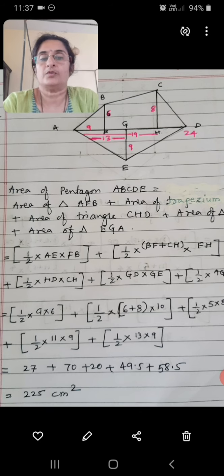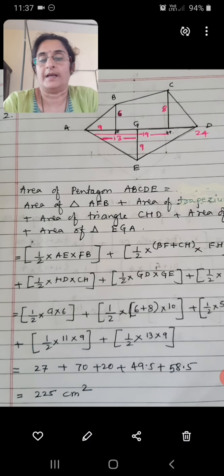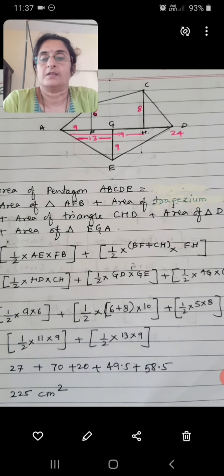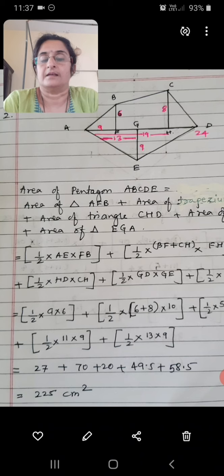Then what is the formula to find out the area of the next triangle? That's again half base into height. For the next two triangles, base and height are given, so we are going to use those formulas only. Wherever the numbers are given, you have to replace the sides now.